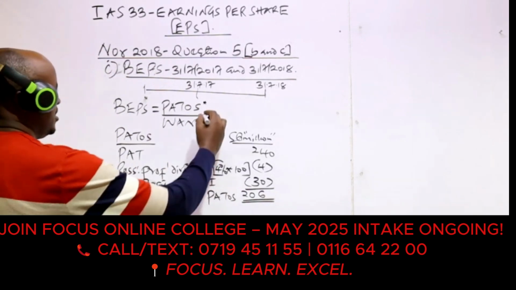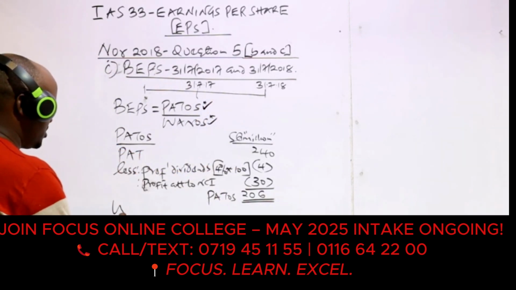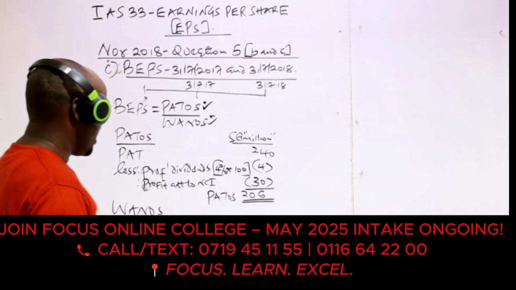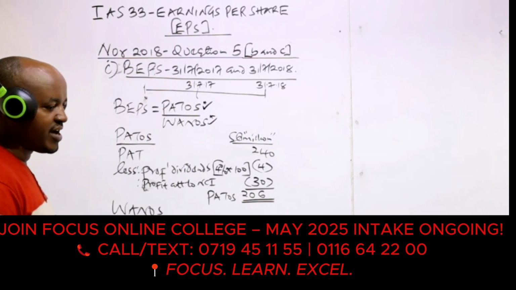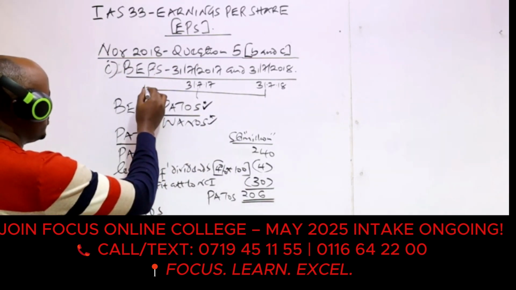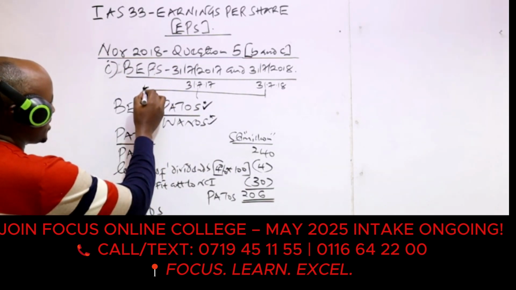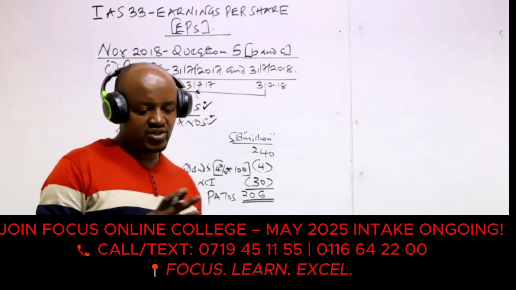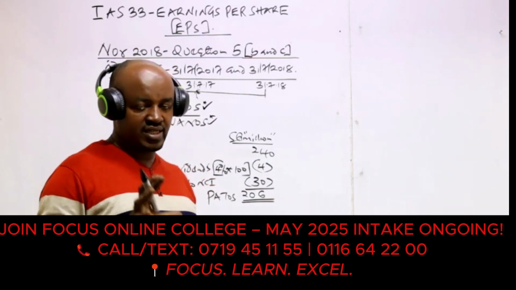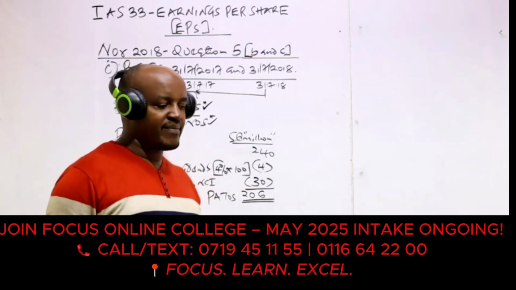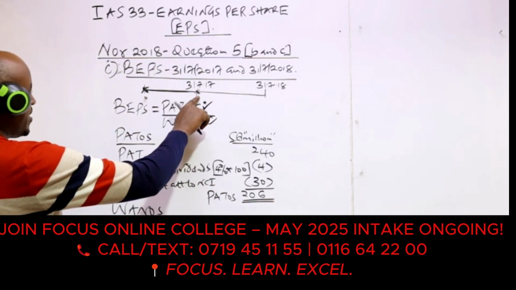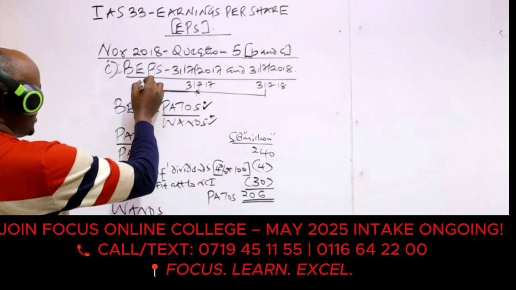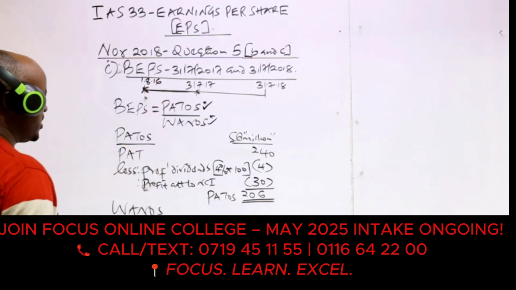So having computed that, we need to proceed and compute the weighted average number of ordinary shares. Recall what we said: to compute this, first of all, you need to determine how many ordinary shares were issued at the start of the year. And then to this, we add the other shares which were issued during the current financial year. And you have to remember specifically how we treat the shares which were issued during the current year for the purpose of computing the weighted average. Take into account that the financial year of this company ends in July, so the year starts on 1st August. So this year started on 1st of August